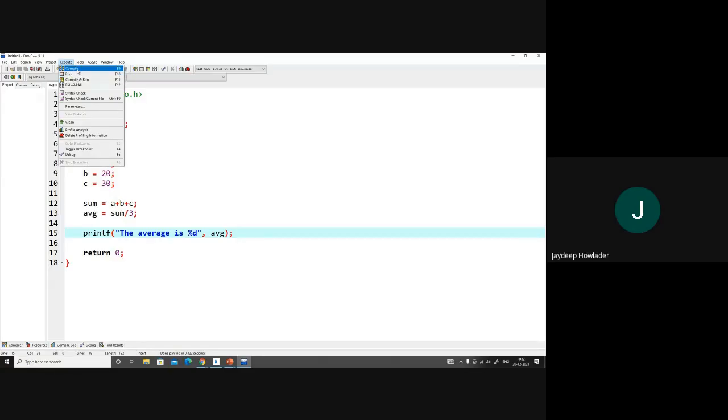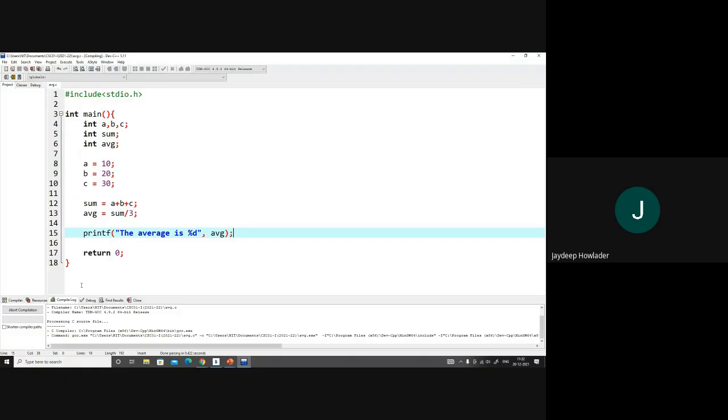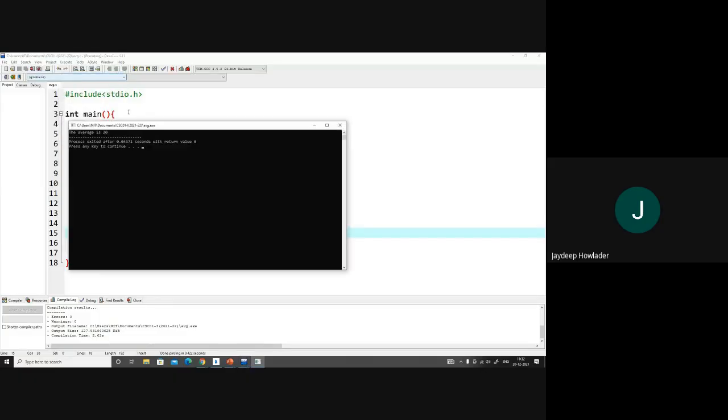If we click on Compile, the program will be compiled, and if there are errors, it will display the errors in your editor. Otherwise, it compiles successfully. So let's first do the compilation. It says your program is successfully compiled, and if we execute Run, it runs the program and says that the average is 20.